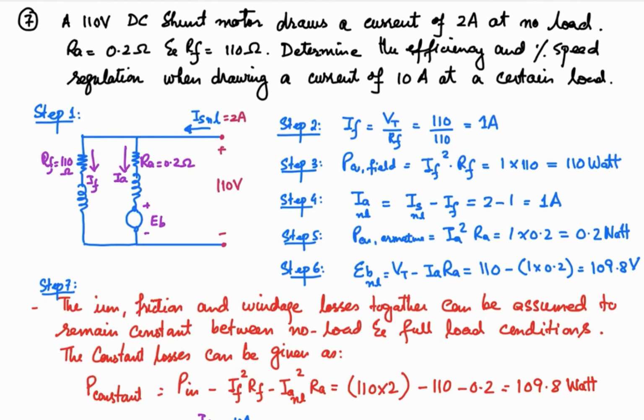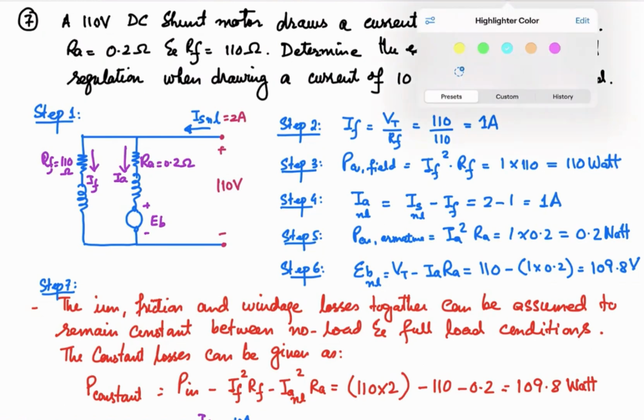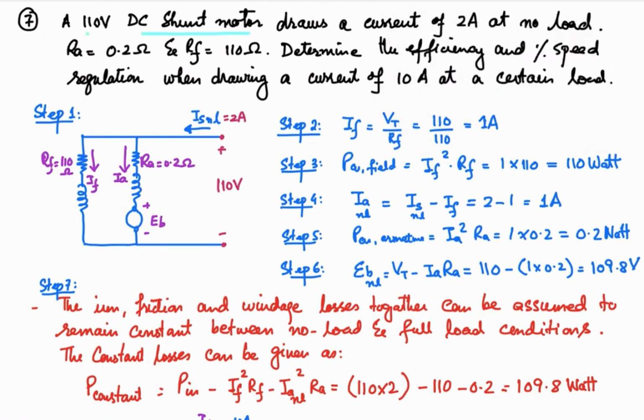In this, we are going to discuss some solved examples related to the DC motors. The first example is related to the DC shunt motor. It is operating at 110 volt and it is drawing 2 ampere at no load state. Armature resistance is 0.2 ohm, field resistance is 110 ohm. We are supposed to determine the efficiency and the speed regulation when the load is changed to 10 ampere by